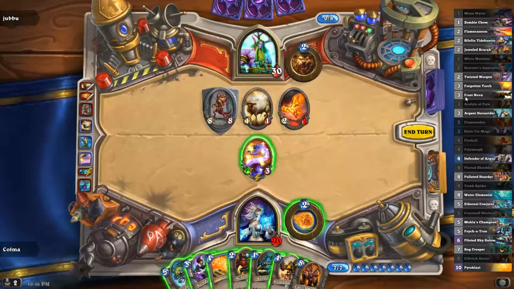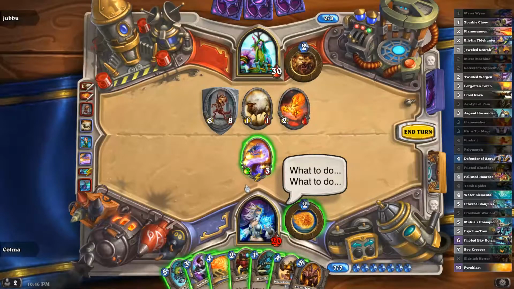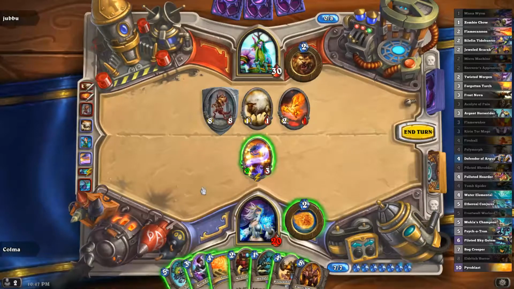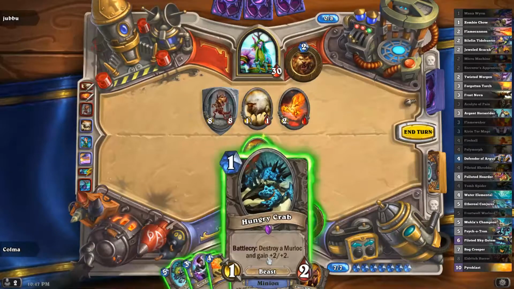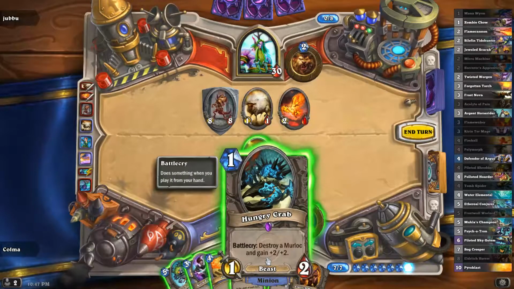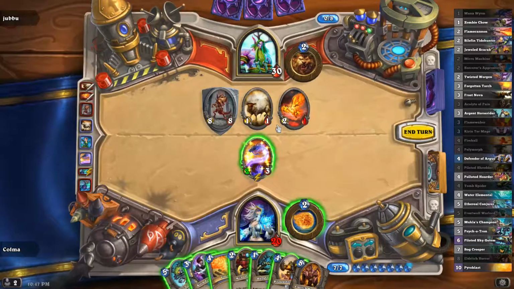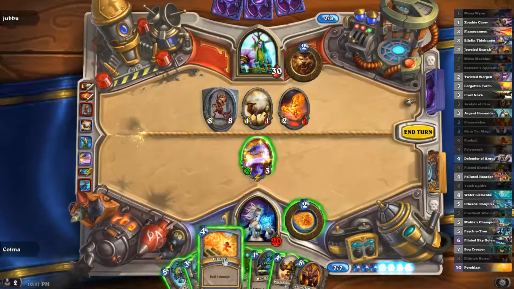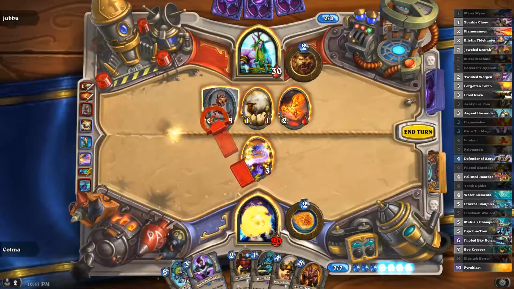But we don't. Well, we do have a 1-drop, but actually, do we have any of our own Murlocs? I think, yeah, we do have the Bilefin Titan. Does that count as a Murloc? I don't even know. This is like corrupted. Fireball that. I think we got to do the Fireball. So then we have 3 mana. We could play these two. No. If we have Fire Blast plus the Hungry Crab. Time runs out on me. Okay, well...